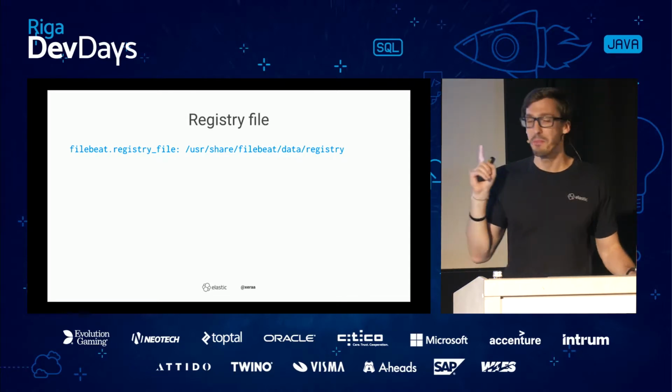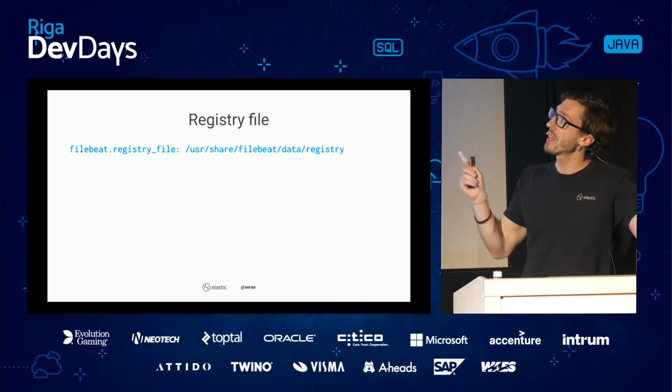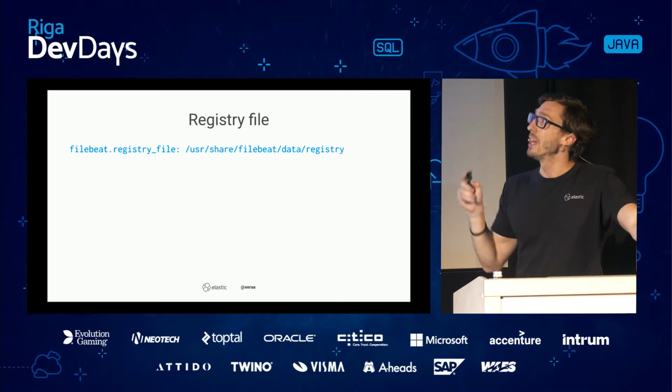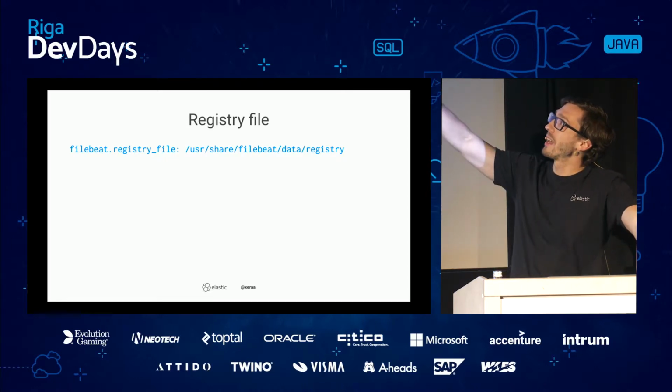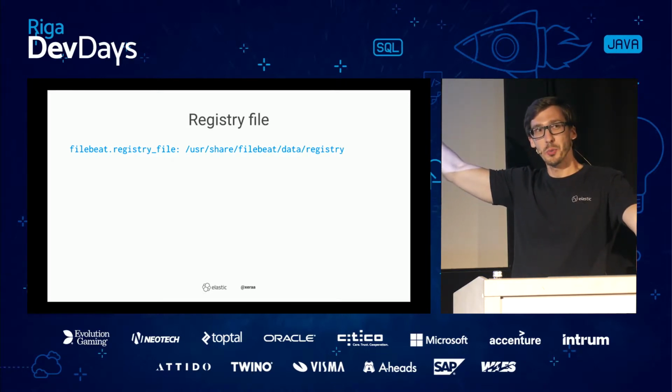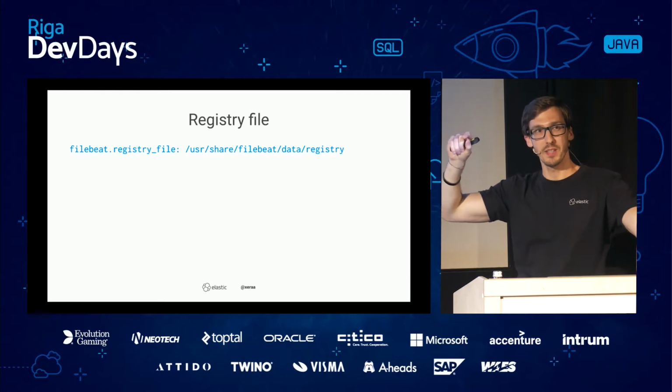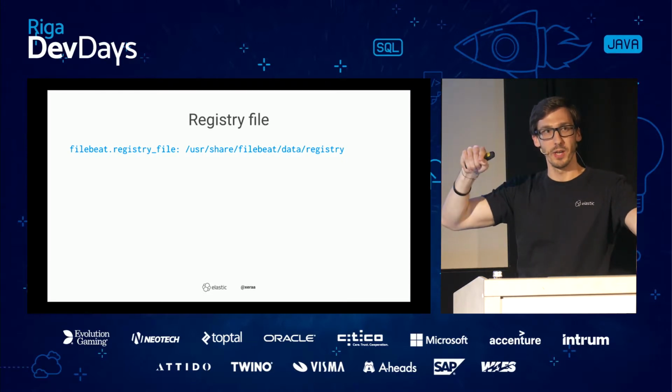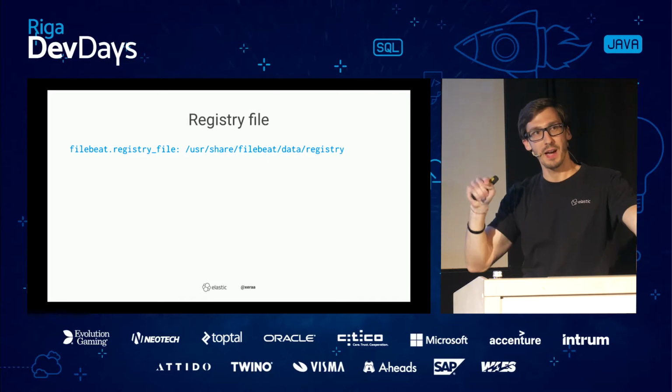Something that makes sense, which I didn't do yet in my examples here, is you can also mount the registry file of FileBeat outside of the container. Why? Anybody knows why that makes sense? I've spoken about this registry file, which basically keeps the pointer to the log file and says, I have sent everything up to this point. If you keep that file inside the container and at some point you have a version update where you replace it, basically